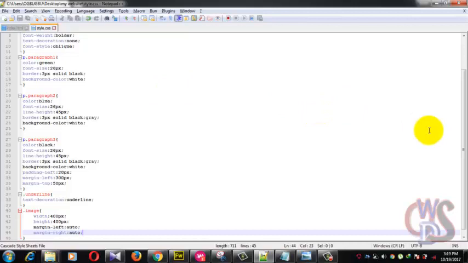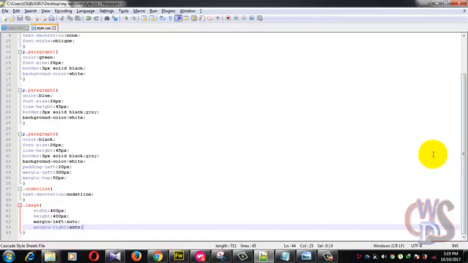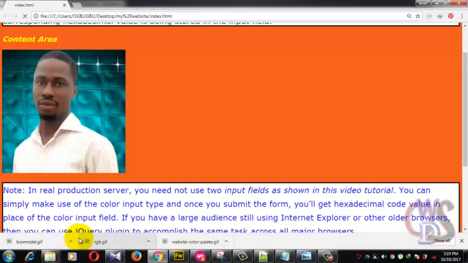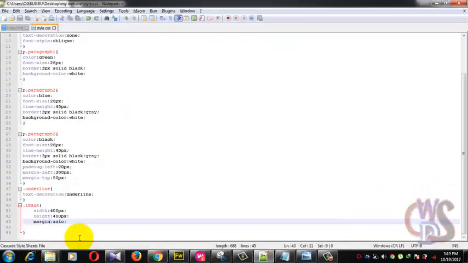That is because we need something else. Here you see there's a little mistake, I guess. Margin left, margin right, auto. Okay, let's just take this one out and use margin instead. They all do the same thing. Okay, it's not moving. That is because